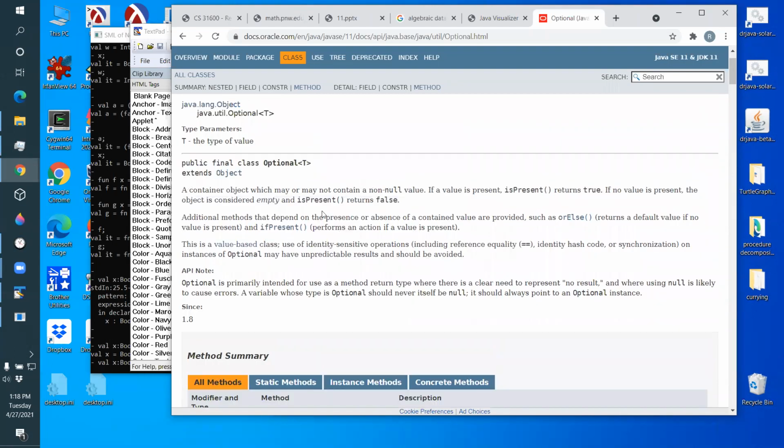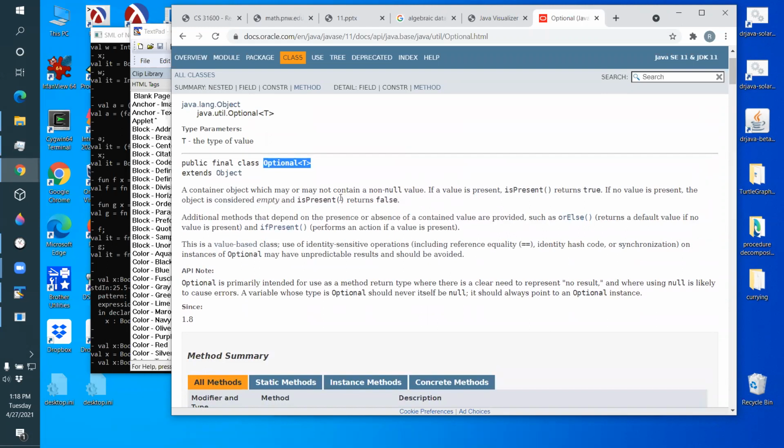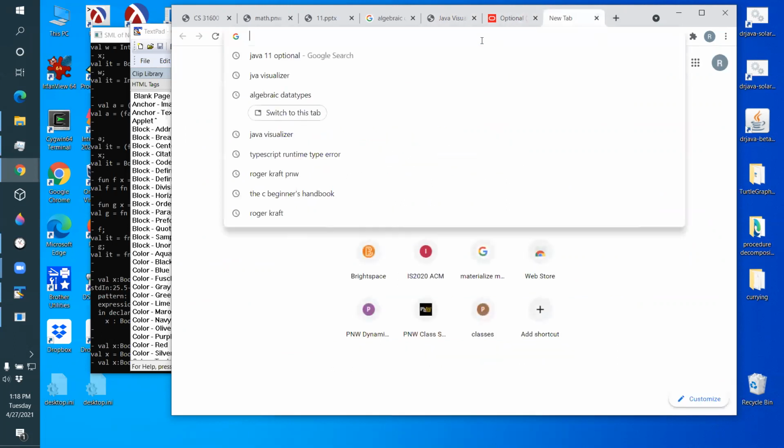This is an example of Java trying to imitate an algebraic data type. And an optional holds two things. It holds a value or it holds empty. And functions like indexOf that could return a value or not return a value should return optionals. Now, another example of this is when you, in Java, if you go,